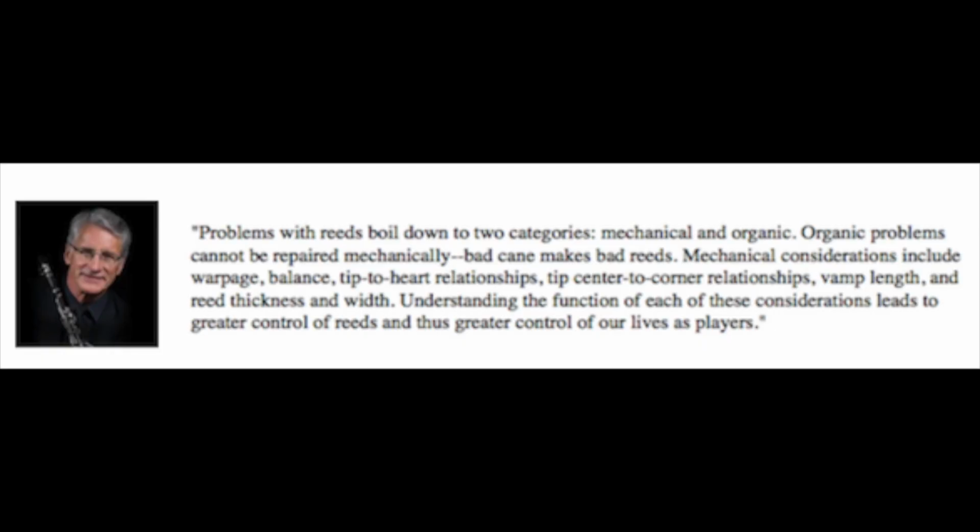Number 1, there are two categories of issues with reeds, mechanical and organic. So as my college professor, Dr. Chuck West, used to say, problems with reeds boil down to two categories, mechanical and organic. Organic problems cannot be repaired mechanically. Bad cane makes bad reeds. Mechanical considerations include warpage, balance, tip to heart relationship, tip center to corner relationships, vamp length, and reed thickness and width. Understanding the function of each of these considerations leads to greater control of reeds and thus greater control of